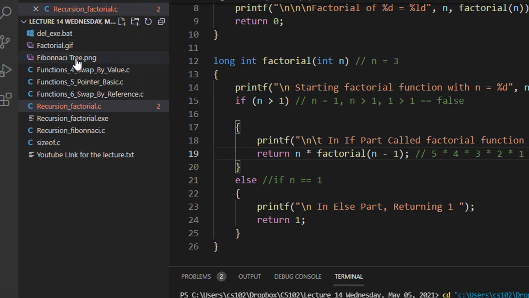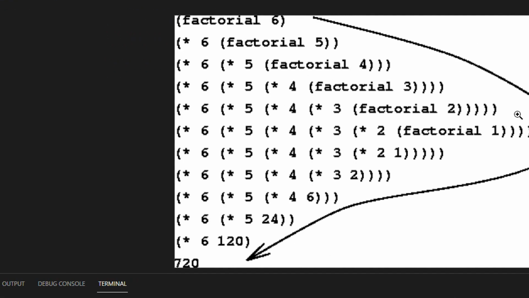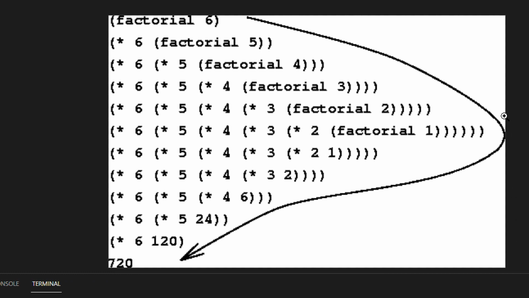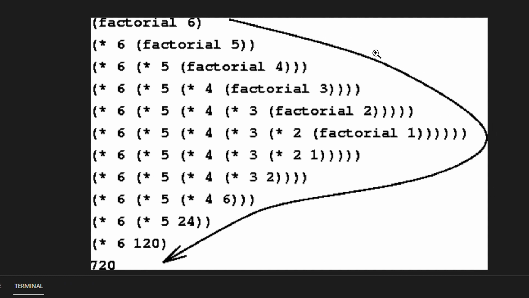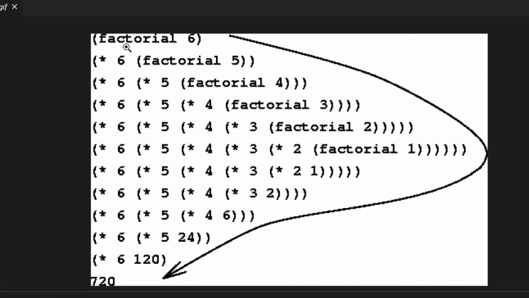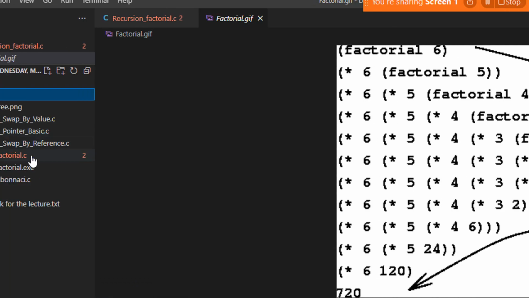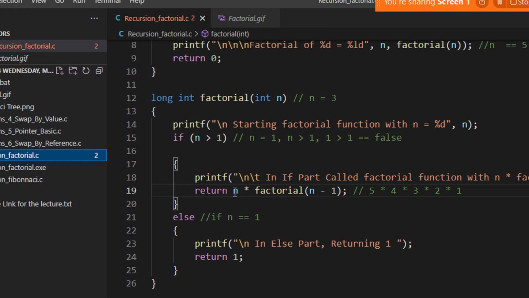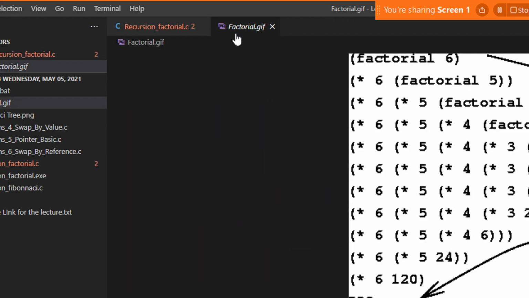I am also showing you an image of a factorial, and how it actually computes when you write a recursion program. So just have a look at this image, with credits to the online source from where I have taken it. So factorial of 6. What did we write in the code? We wrote a return as long as the number is greater than 1, so 2, 3, 4 up to the integer values. What I am returning is n, the number itself, into factorial of n minus 1. So just keep this in mind, and now let me open the image.